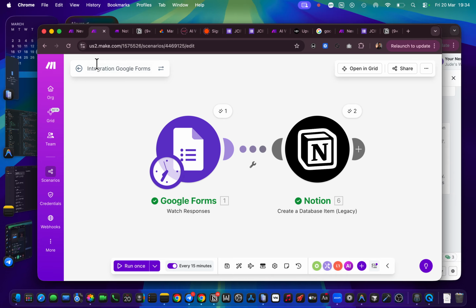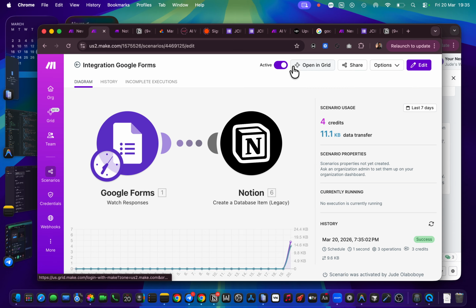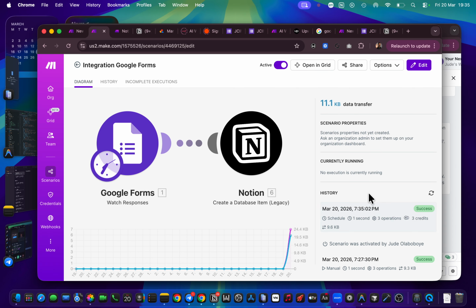It's not going to show you anything because we've left the space of test running. We are now running it live. It's active. So how do you know it's active? You can see it's active here. And just now, since we clicked on for it to run, you can see the time is exactly the time we have currently. So it just ran for another one, and you will see it added here again.